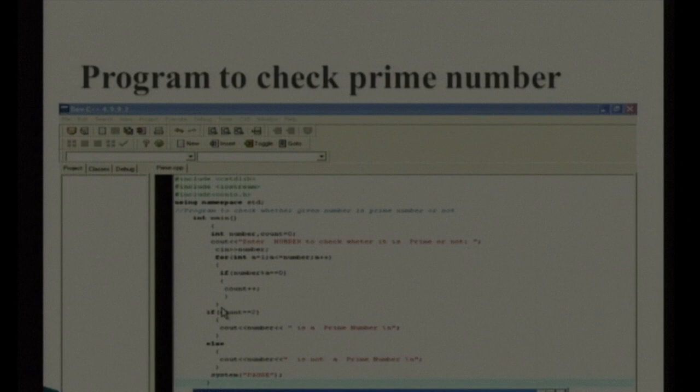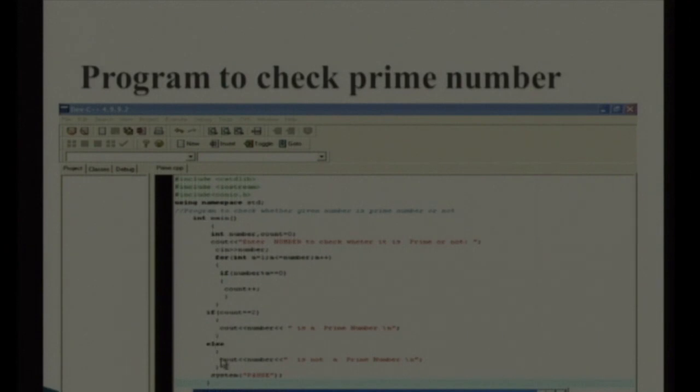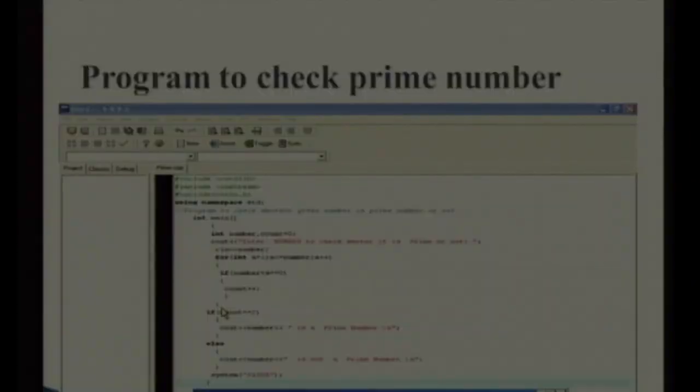So, this program is to find a prime number, you can see on screen, and in this we have used a for loop, an if condition, and after that an if and else condition, right. So, you know what a prime number is? A number which is divisible only by 1 or itself. We have not applied any intelligence in writing this program, it is a very simple program, and this program says that you keep on dividing the number by the numbers starting from 1 up to the number itself, and you try to find the remainder.